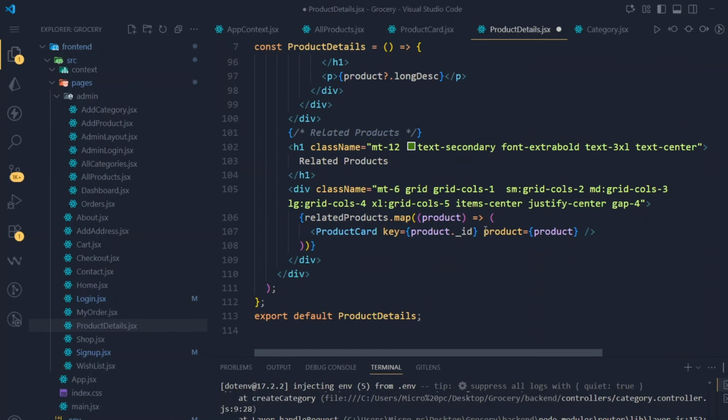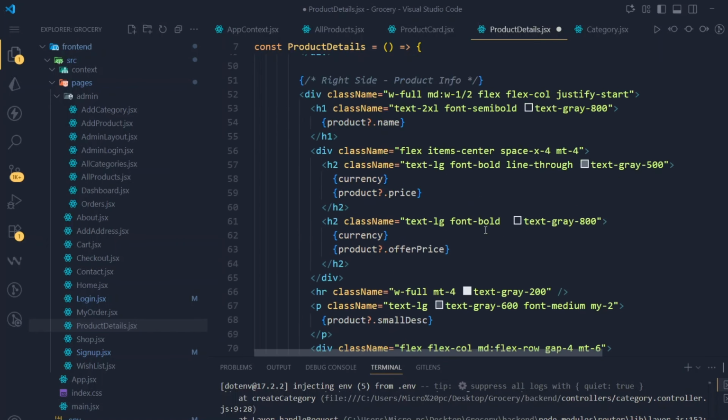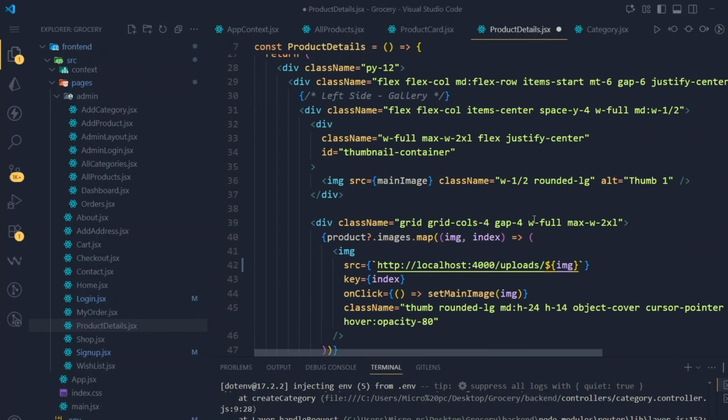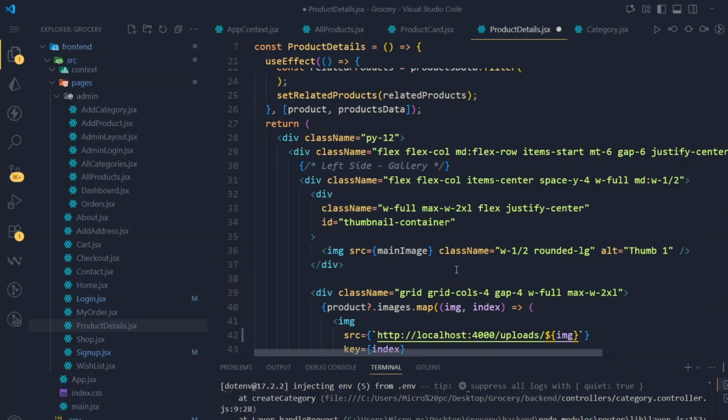Okay, it is okay. Now we need here product.price, sorry, not price, image. Here you can see main images. Okay, let me just open this, inspect,